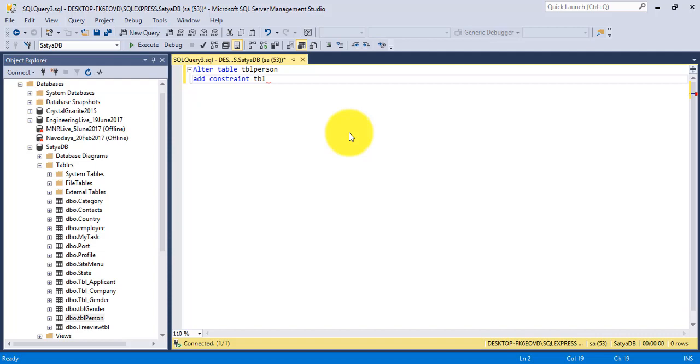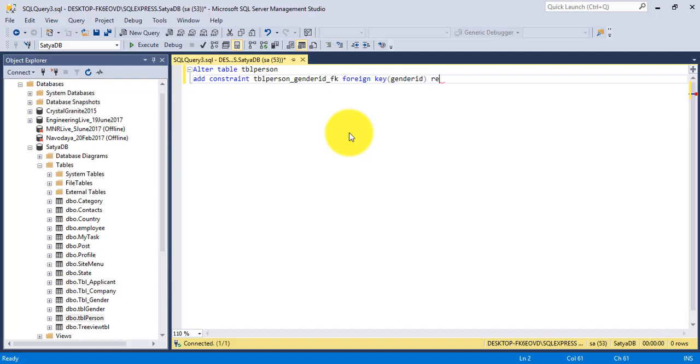I mention the constraint name, that is tblPerson underscore GenderId underscore FK, that is foreign key. And you write foreign key of which column, foreign key of the GenderId column of tblPerson.